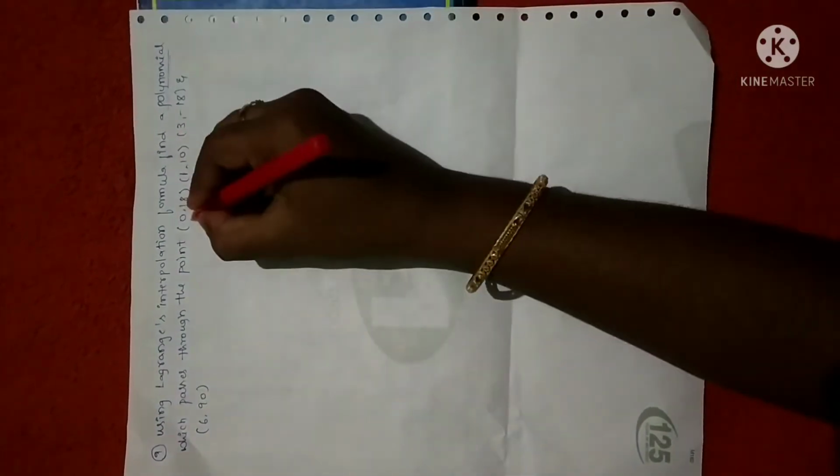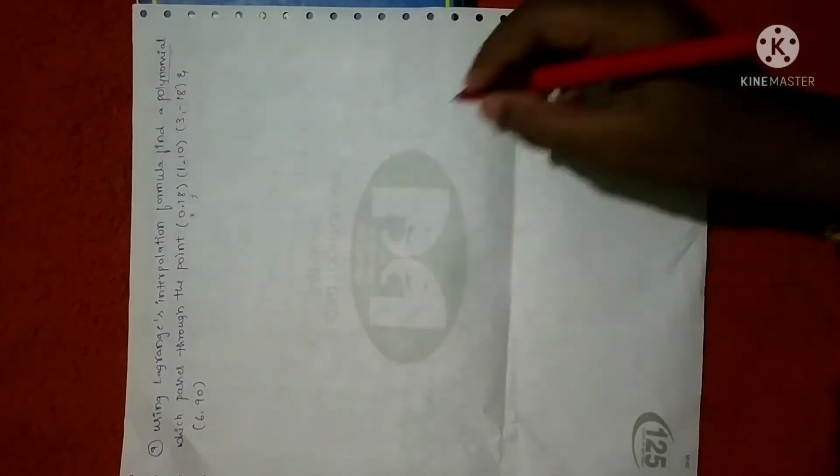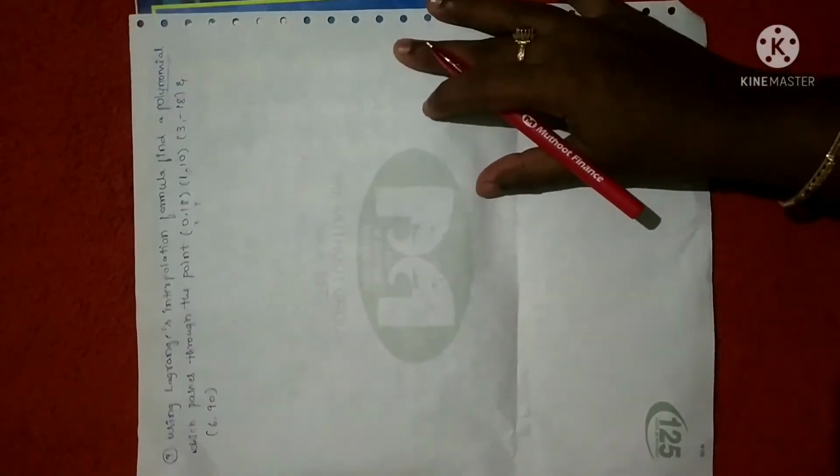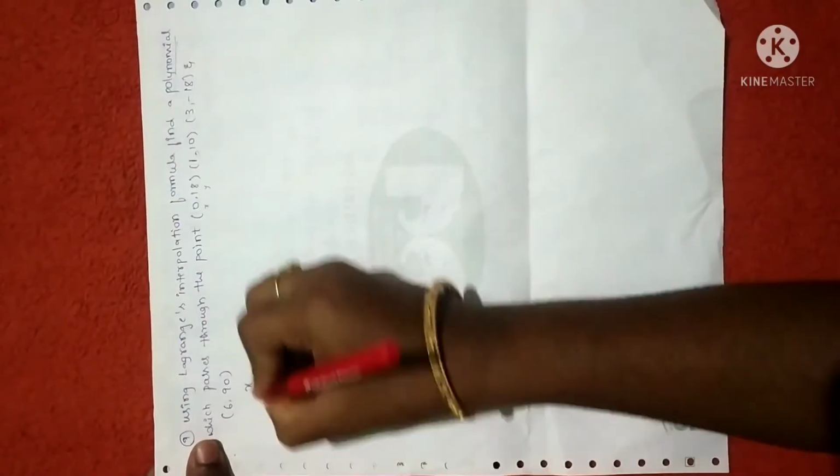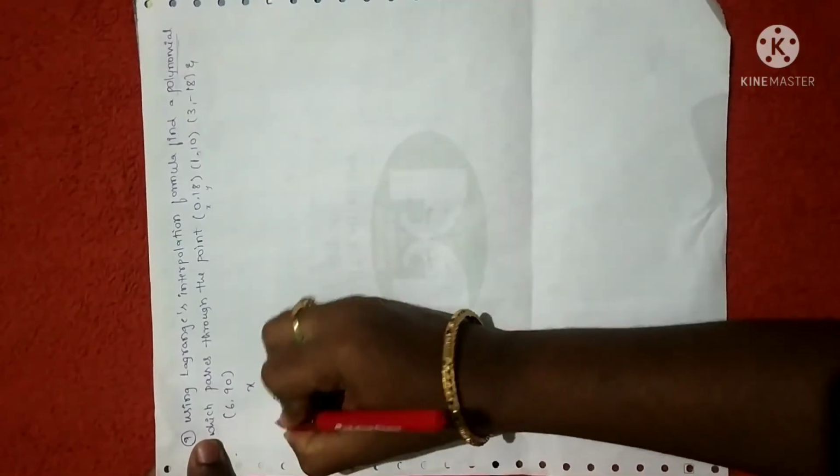So first, as I already told you, the first value represents x and the second value represents y. Why? Because the standard form of a coordinate point is (x, y). So please adjust the quality of the video so that you can see clearly. So see (0, 18), right? I'll just write the x and y values separately. Y is none other than f of x.